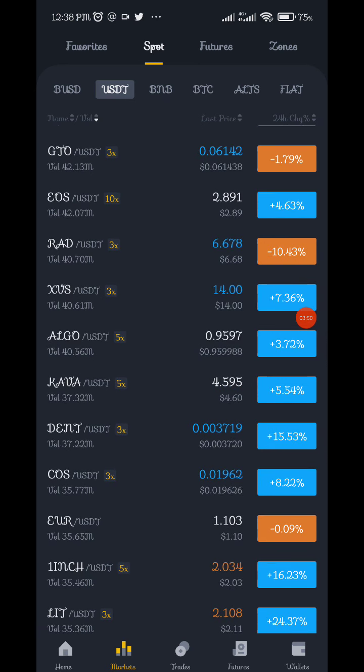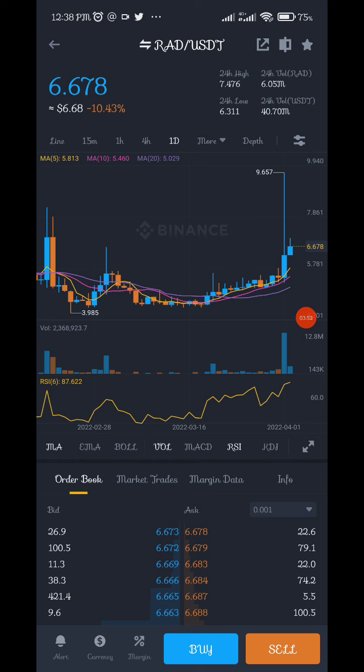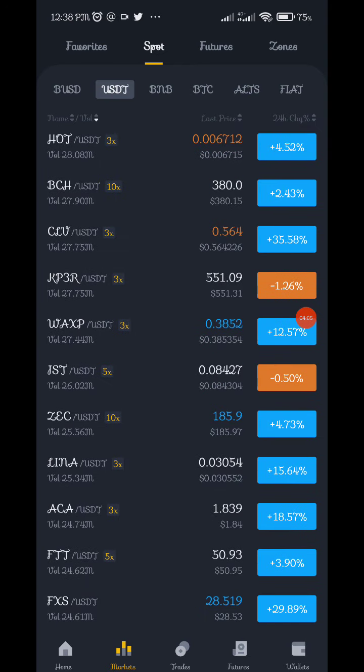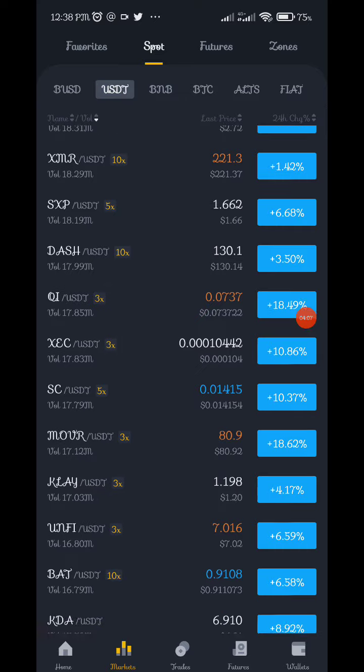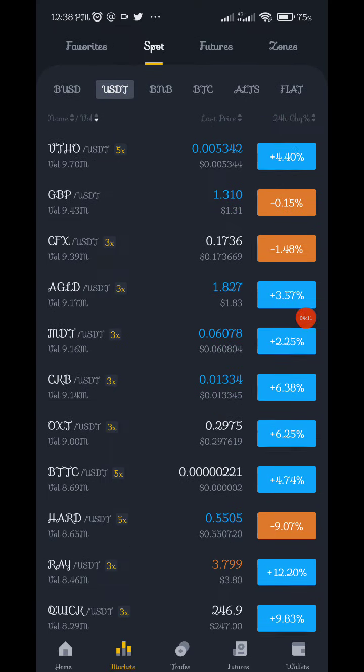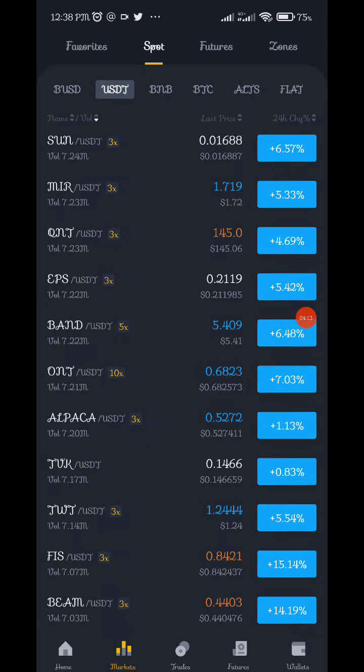Once you check for them in the dip, you can see this RAD now. It's 10% down. Let me check. Wow, you can see 2 days ago it actually pumped to $9. Don't know if it will pump anytime soon yet, but I won't go for that. I prefer to go for something that has not really pumped in a while, and it's actually a good project,